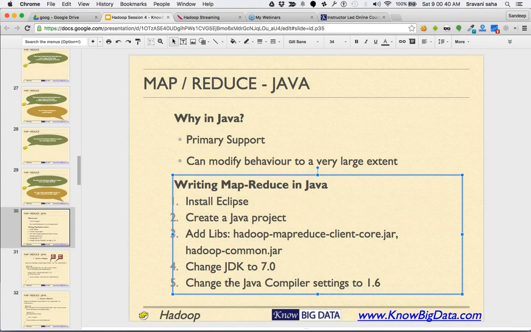Okay. Sometimes you want to alter the behavior of MapReduce to a very large extent. All right. And that can be done only in Java. Lots of behavior could only be done using Java, but you can write wrappers around it and get it done using other programming languages, but you will have to write the wrappers. Now,